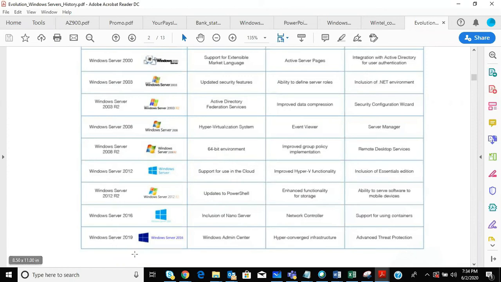And the last, Windows Server 2019. So Server Manager is there, and a new console got introduced, like Windows Admin Center, right? I think we didn't explore that. We are going to explore this in our Windows Server engineering, the Wintel engineering actually.